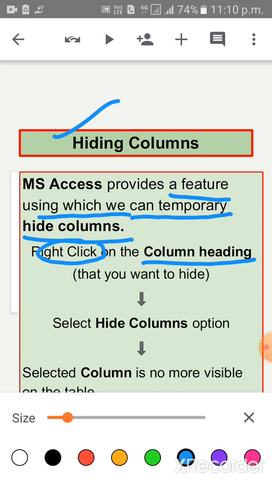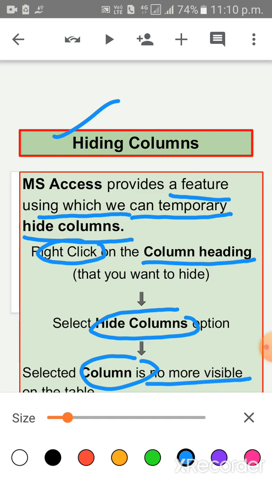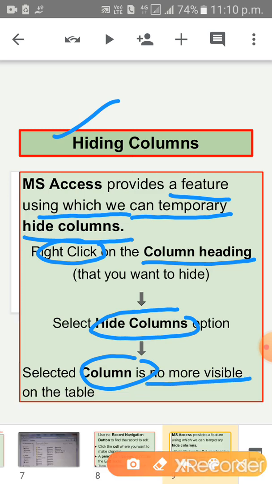After selecting the column heading, select the Hide Columns option. Okay? After selecting Hide Columns, the selected column which you want to hide is no more visible. Understood?